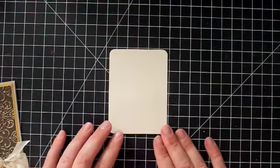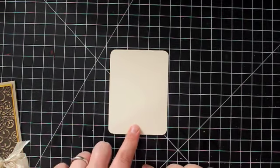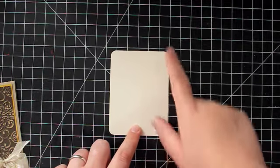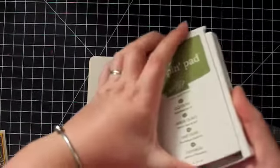So I'm starting with a piece of very vanilla cardstock, and this measures 2 3/4 by 3 3/4, and you can see I've already gone ahead and rounded all the corners with my corner rounder punch. I'm using Old Olive ink,